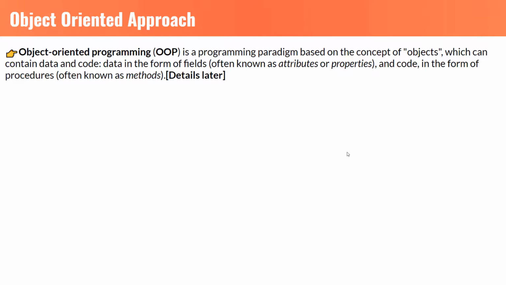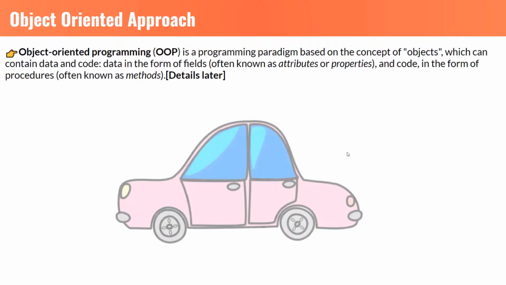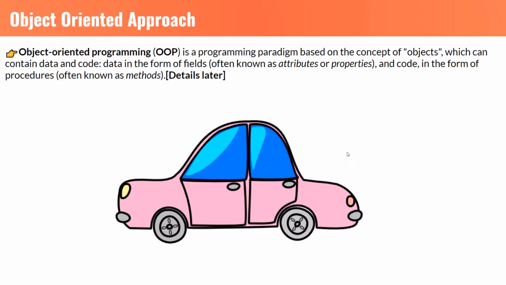That is why we have a complete section on object-oriented programming, where we will discuss this concept in detail. For now, let's understand it briefly. Let's say you are developing a game, a car racing game. That's exciting, right? So what you need is a car. So a car can be an object. Now this car has certain attributes, like it has 4 wheels, 4 doors, 6 mirrors: 2 at the left, 2 at the right, 1 at the front, 1 at the back.